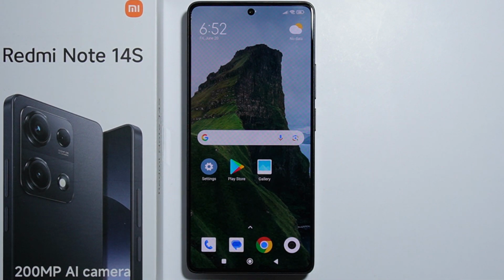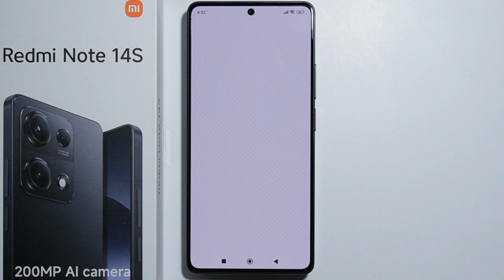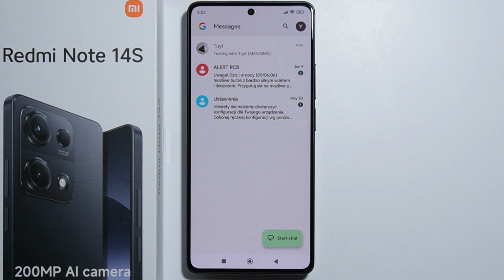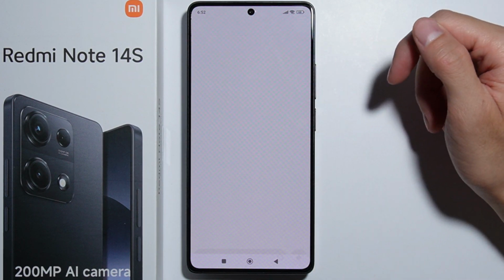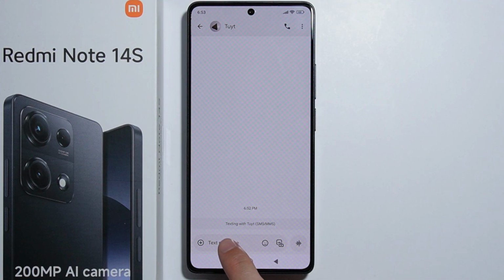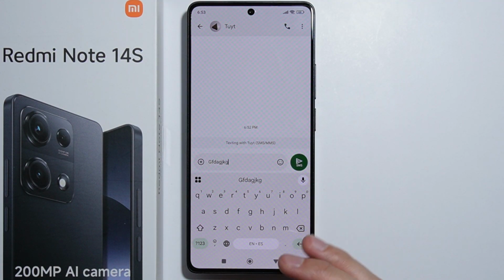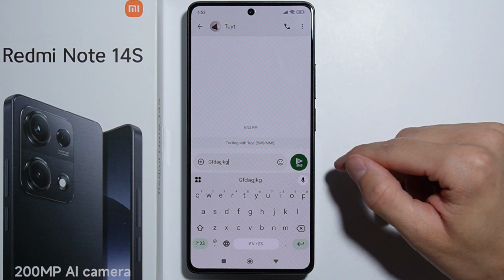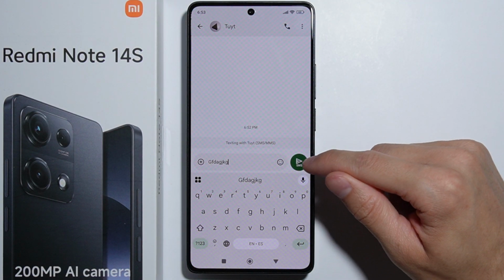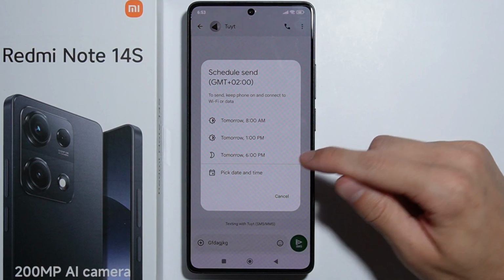To schedule SMS on the Redmi Note 14S, all you simply have to do is go to the Messages application, and from here select any contact that you'd like to send a scheduled message. So I will select this one, and after that simply go to this text box, type in any message that you'd like to schedule, and after that, instead of pressing this send button, press and hold it, and right here